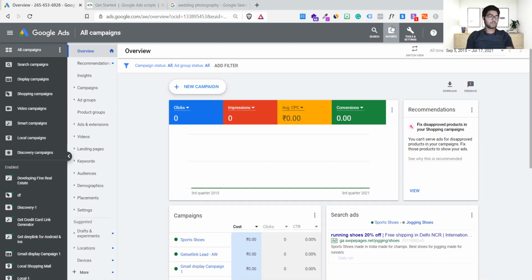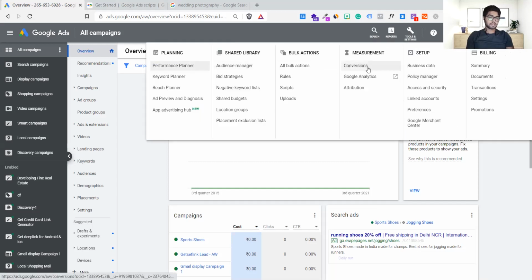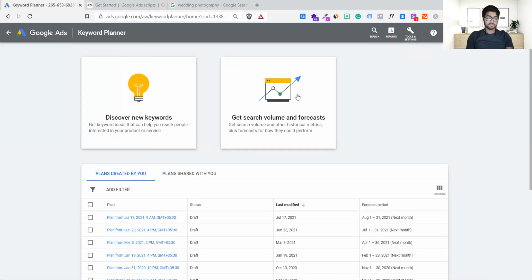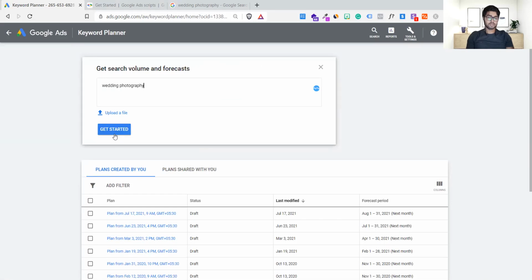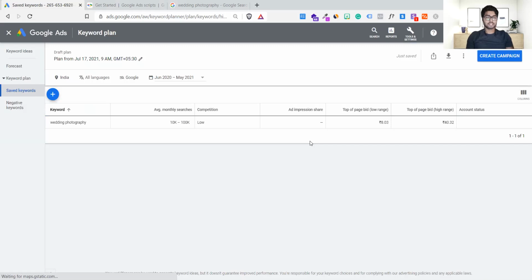As I've just shown you, there is also one option in the keywords. Allow me to open it fast. Okay, this was the keyword. You see this competition: if the competition is low, then it will be stable. See, the competition is still low, right? Not many people are bidding, fewer than 1,000 people, probably 500 people, are currently running ads in India. I've set the targeting to India, you can see it, right? India only.